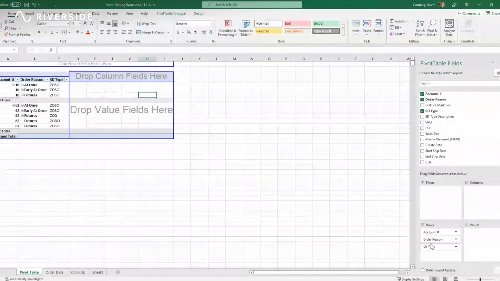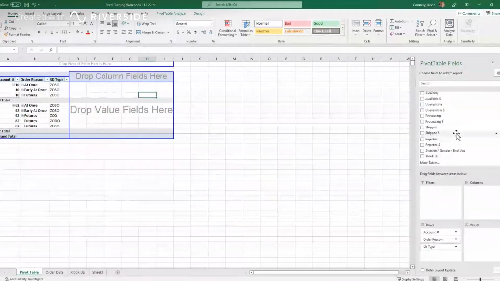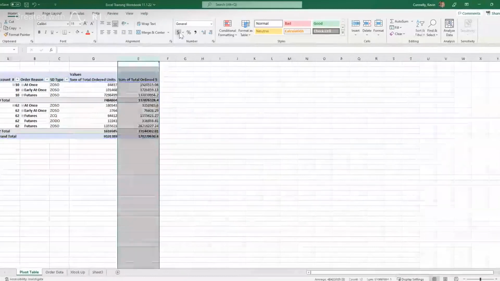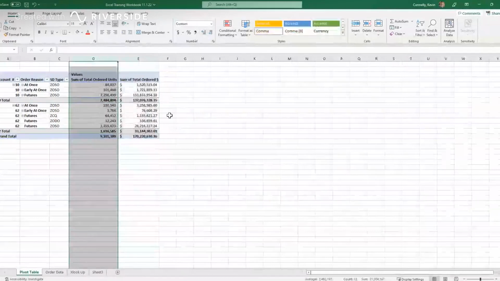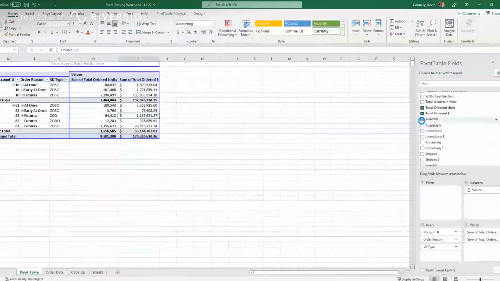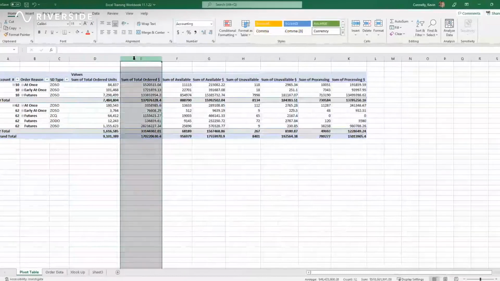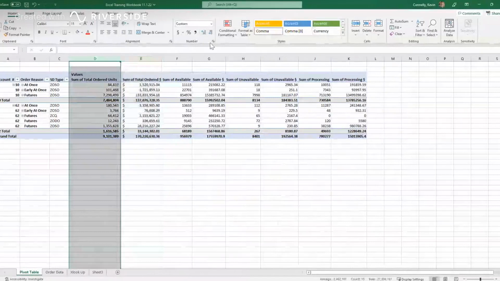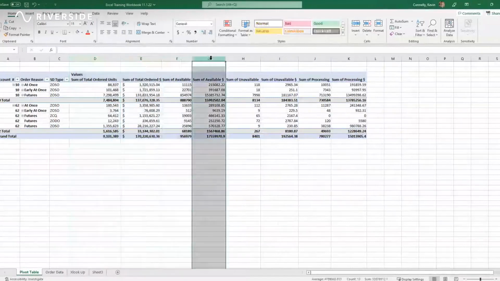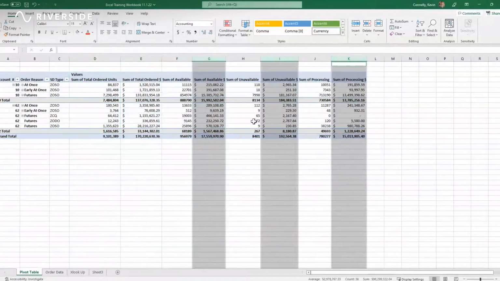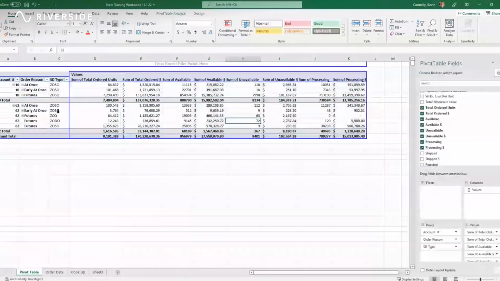So in your values, you can have things like your total ordered units. Again, you'll have to format these properly. But you can pull in all the information here. So now you have a nice clean summary for the 2 accounts that we're looking at in this instance of what they actually ordered. And we have the different order types that are available, the different order reasons, and if we want to adjust this summary in any way, we can quickly remove